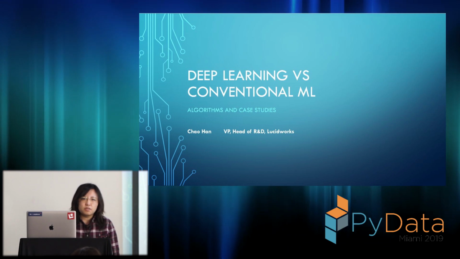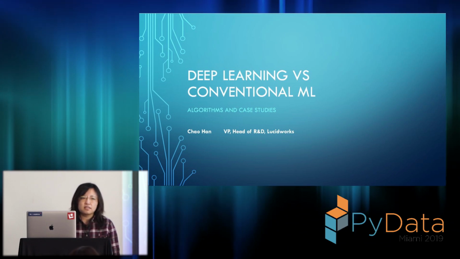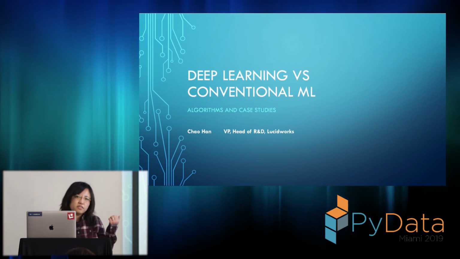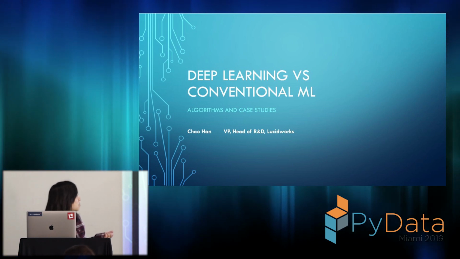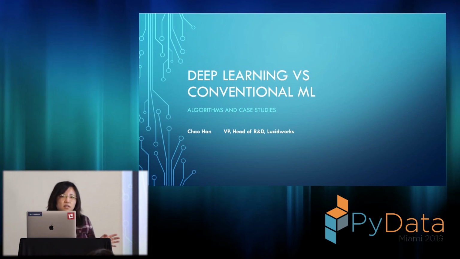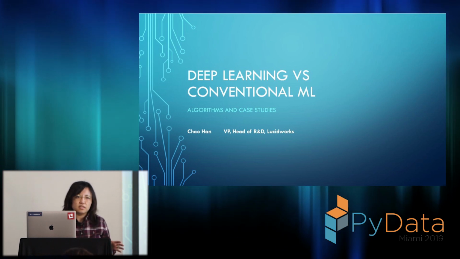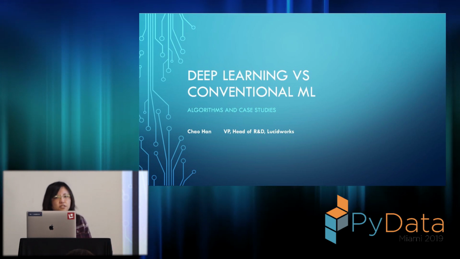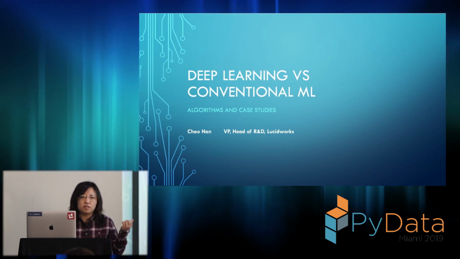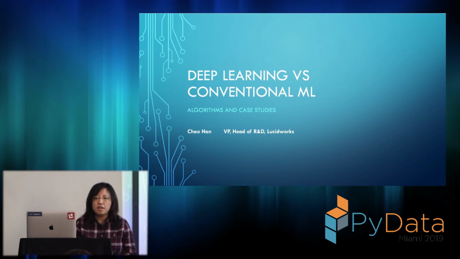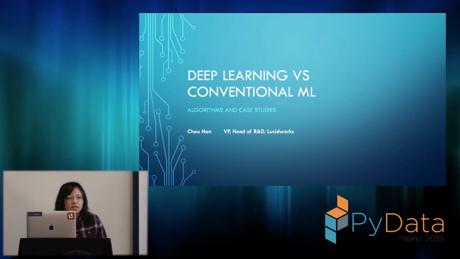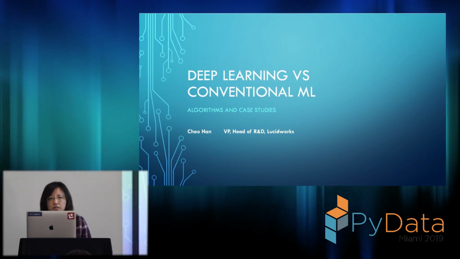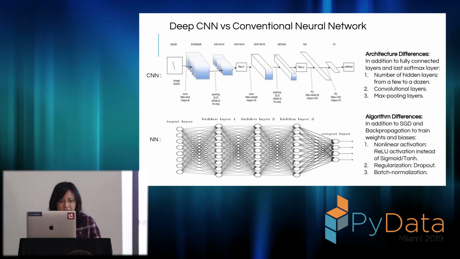As we all know, deep learning in the past few years has attracted a lot of attention and been disruptive to conventional machine learning. But the methods and techniques are totally different from traditional methods. What are the connections and differences? What are the advantages and difficulties? So today I'd like to take this opportunity to do some algorithm comparison of deep learning versus traditional machine learning, paired with 3 different case studies in the areas of sentiment analysis, question answering systems, and healthcare image classification. Okay, let's get started.